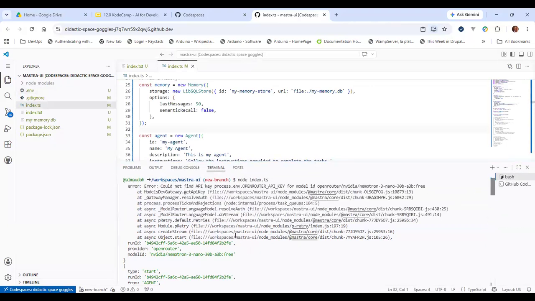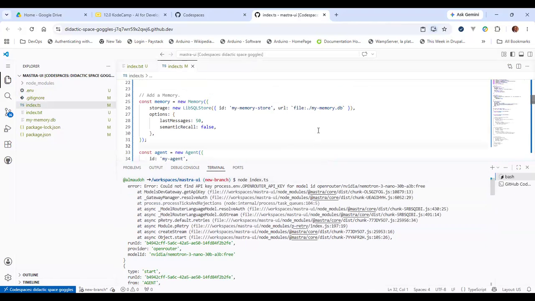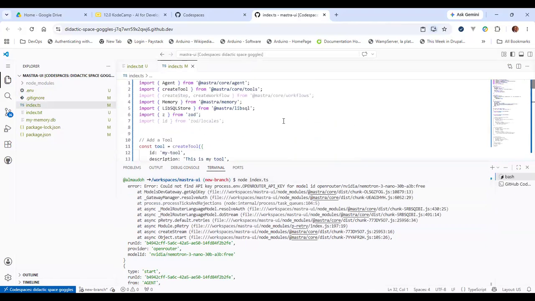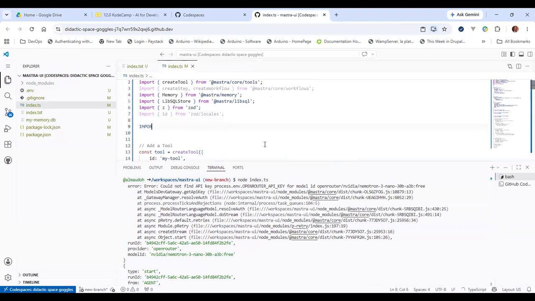Now, for it to be accessible in process.env, of course, we need to import .env and load it. So we import config from .env, then we run config.